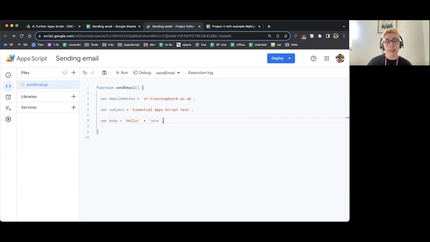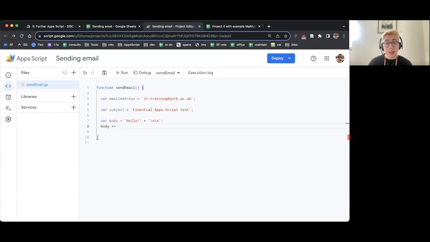Now, I want more lines, but I'm not going to keep using the plus symbol and concatenating them further along this line, because it's going to get long and very hard to read, especially if my email had a fair bit of text in it. So instead, I'm going to hit enter, and I'm going to do something clever. I'm going to write body space plus equals space. What that means is take the value of body that we already have, add this content to it, and make that answer the new value of body.